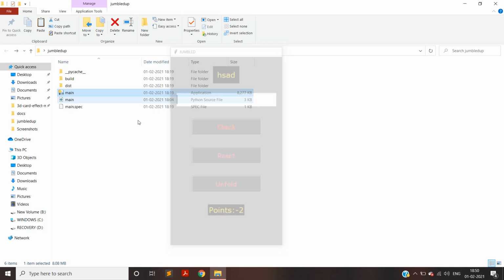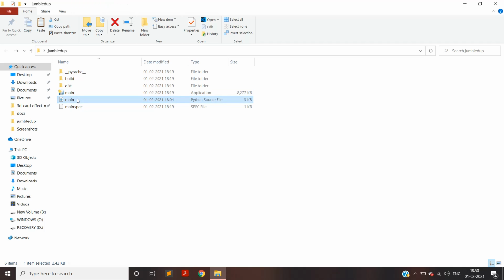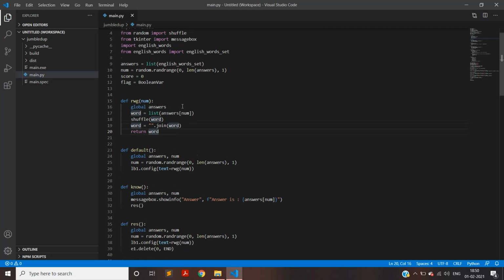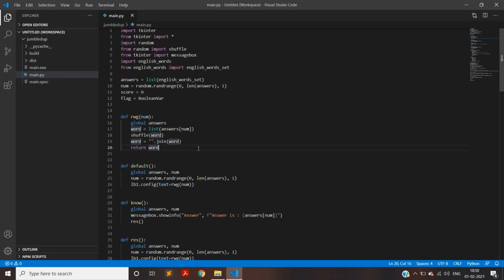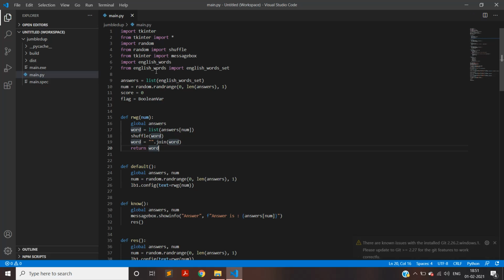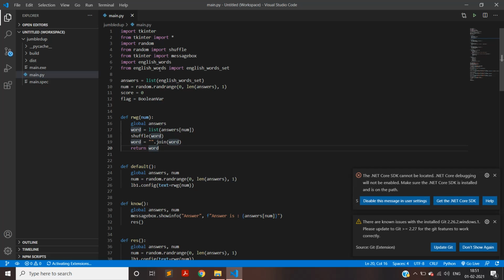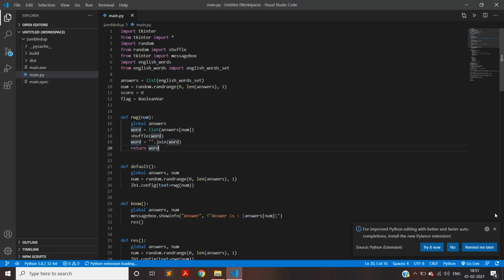So now we will look at its source code. For the front end, I have used Tkinter, and I have used the module english_words. English_words is a huge repository of English words, and I have installed it using pip.